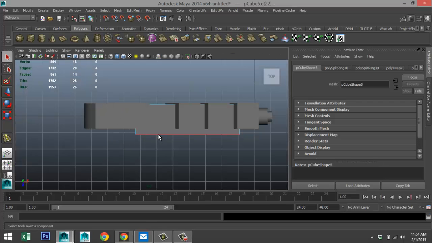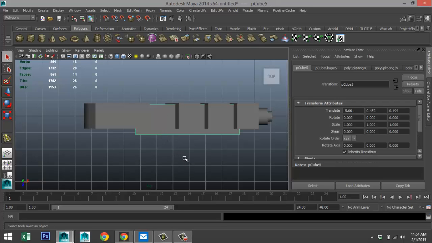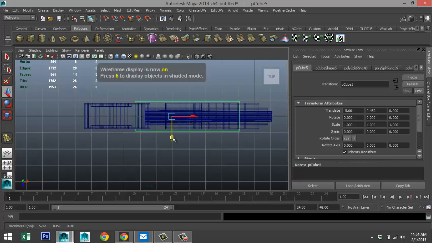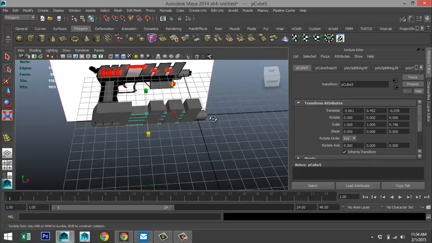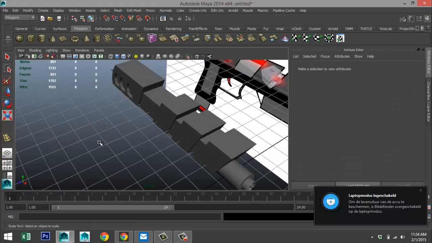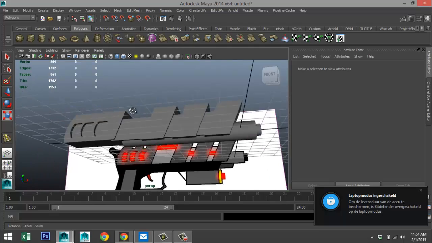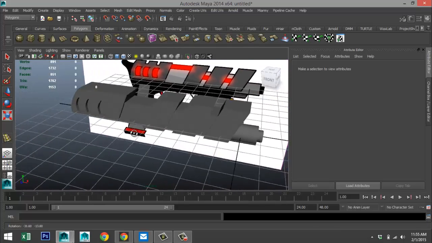Let's go to our top view, right click Object Mode, select that, push that up, and we'll do 4 for wireframe mode so we can see it a bit better. And we're going to hit R and scale that in until it's inside the profile of the gun, if you will, which will give us this here. How does that look?